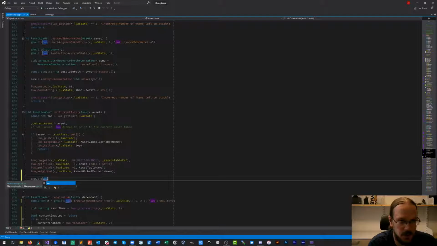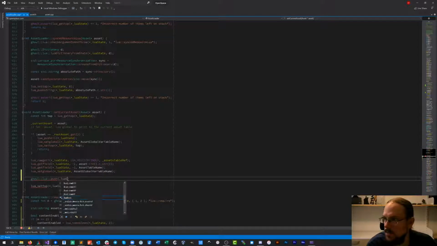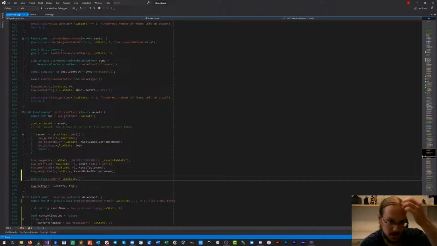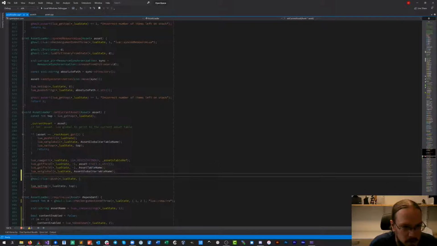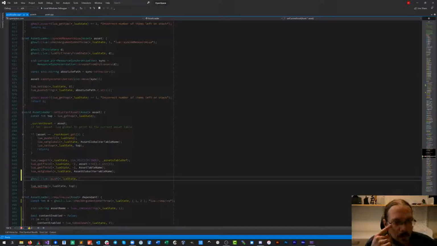So we're in the asset loader, we have our assets, we have our Lua state. Actually, now the question is reaching the limits of my Lua knowledge off the top of my head.